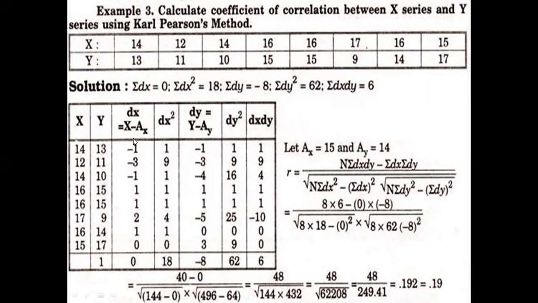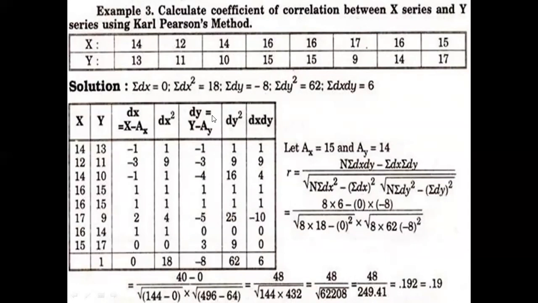So the deviation from X, which we can calculate by X minus assumed mean of X. मतलब हमको X value में से assumed mean जो हमने माना है, which is 15, we need to subtract it. So 14 minus 15 equal minus 1. 12 minus 15 equal minus 3. So in that manner, we get the value of dx. Do the square of this dx, which we have derived in the third column of the table. Minus 1 into minus 1, 1. Minus 3 into minus 3 equal 9. In that manner, we got the value of dx square. Do the summation, we get the value of sigma dx square equal 18.